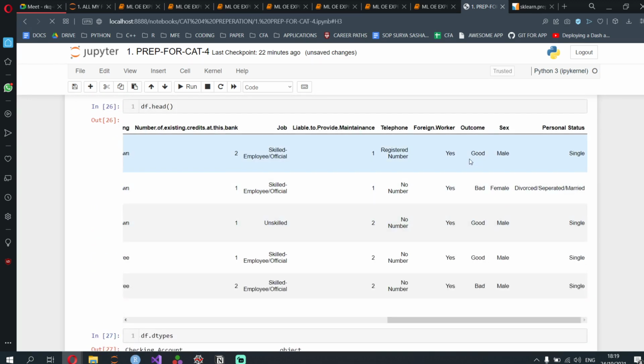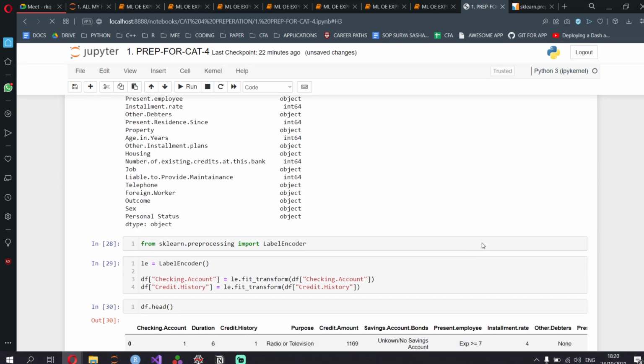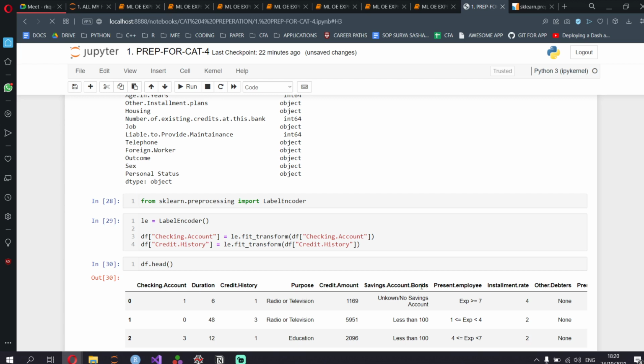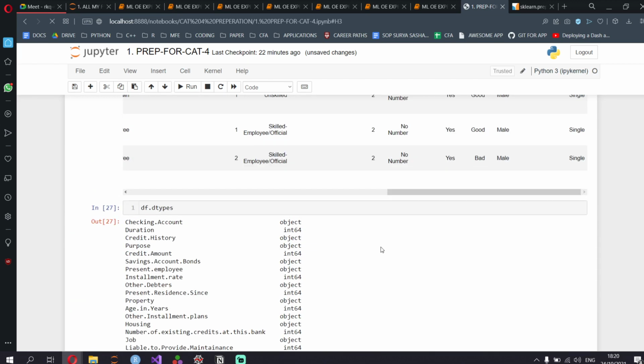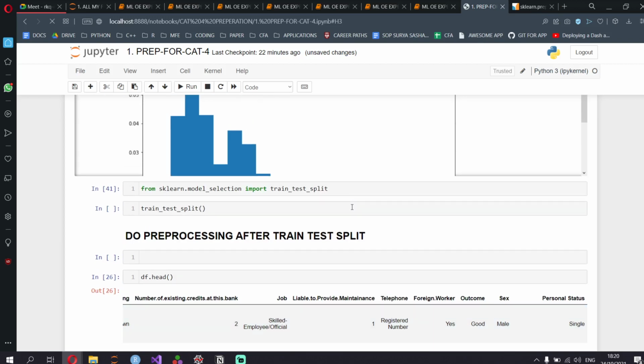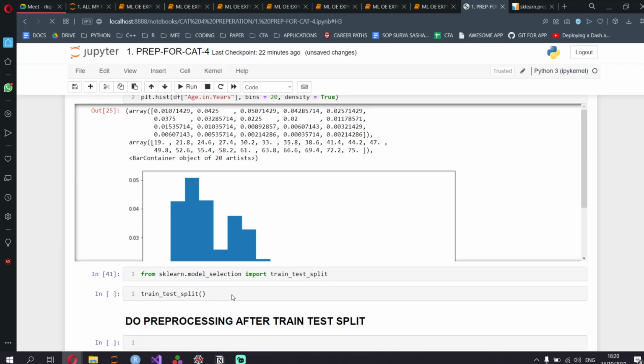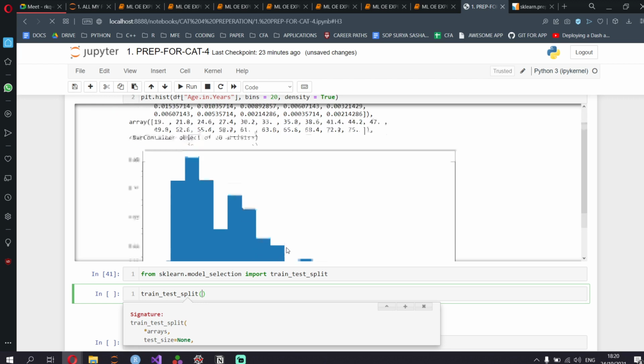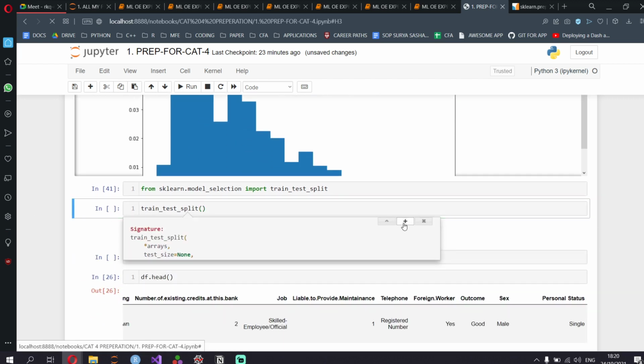Over here it should be good, bad, or 0, 1, so label encode y also. I'll make the notebook file more explicit and clear, but that's how you first train test split and then do the changes. Now shift tab and let's see what it does.